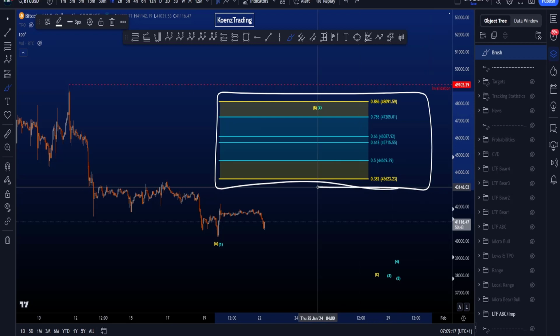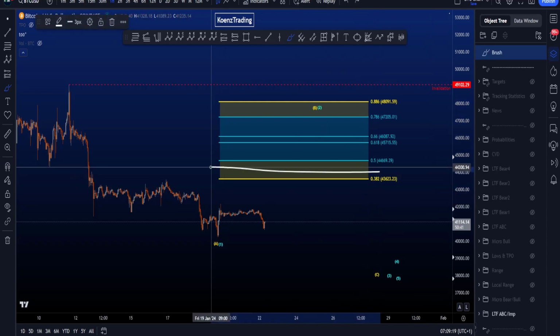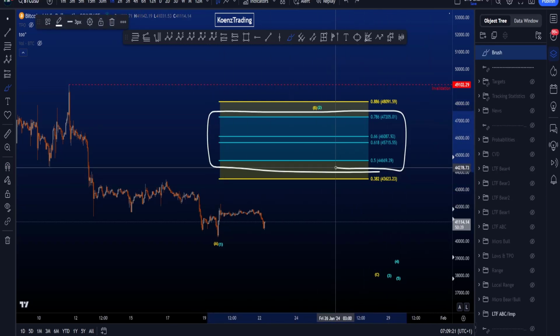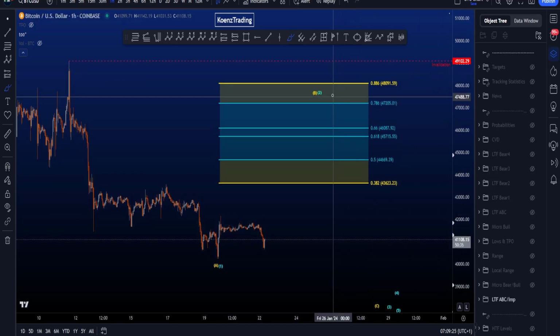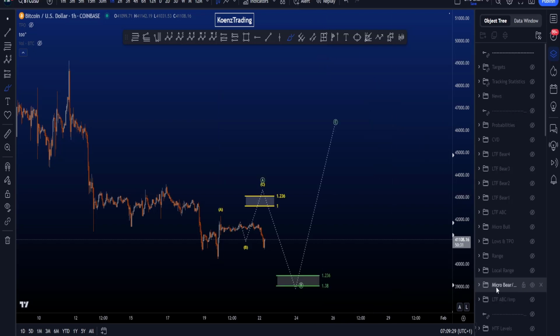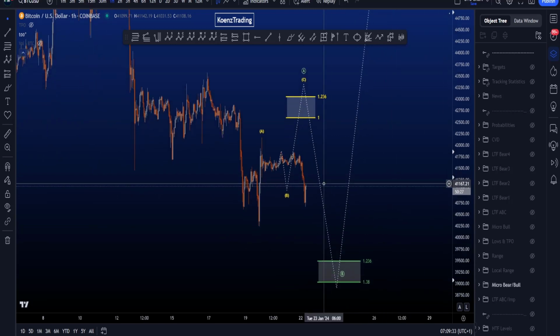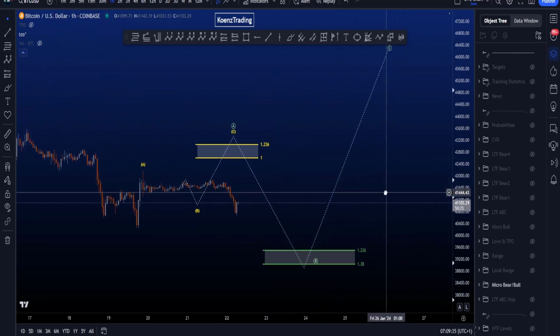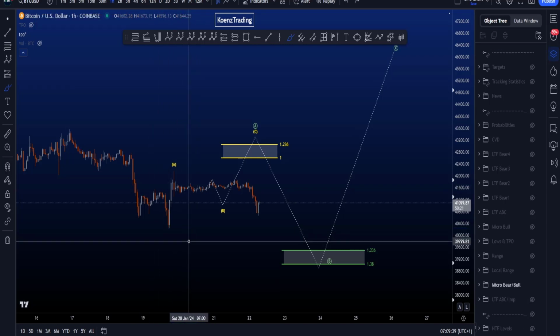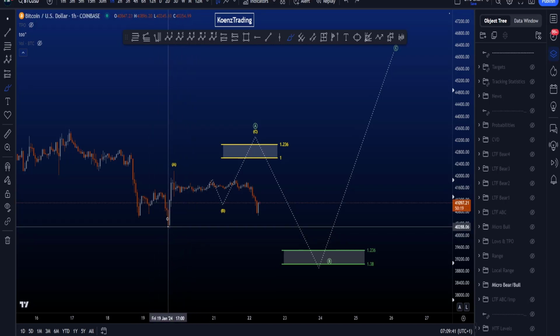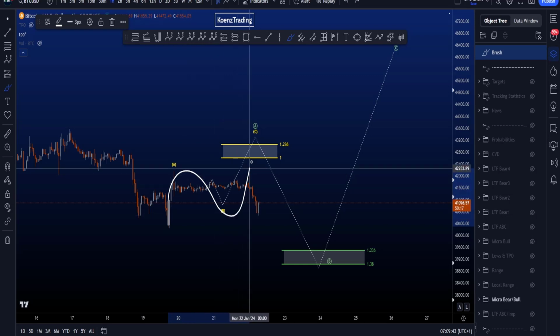Common target for wave B is between the 0.382 and the 0.886, and the common target for wave 2 is between the 0.5 and the 0.786 Fibonacci. In a wave B or a wave 2, we are then looking for a 3-wave corrective structure, and currently this one over here is very interesting indeed. In this scenario, we are looking for a flat structure where price is going to take this low at least one more time. We are then looking for a wave A, B and C structure to the upside in a